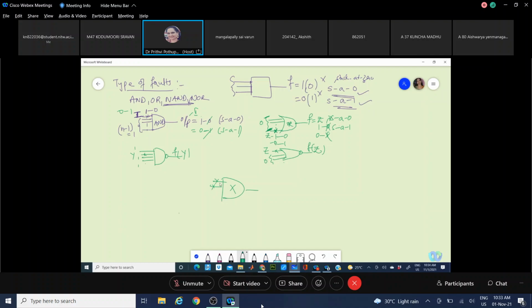This is external wiring I am talking about, connected to the wiring of the gate. This is wire; this is the circuit until here. A wire fault can give you a fault, a component fault can give you a fault, and an output wire also. Any wire or any faulty component can generate a fault.